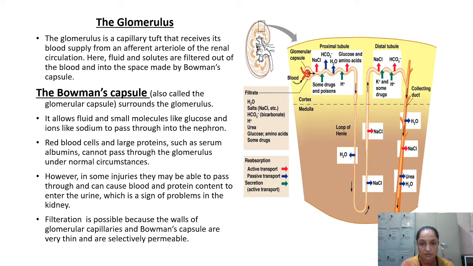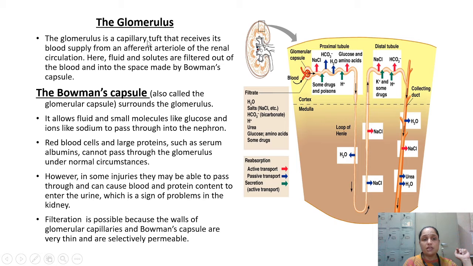Now here I have given you the longitudinal section of the kidney. Here you are able to see this is basically the outer part is known as the cortex, inner part is known as the medulla. In between you will be able to see this pyramidal structure. This pyramidal structure is having this structure nephron. So here they have given you the small section in this one detailed version.